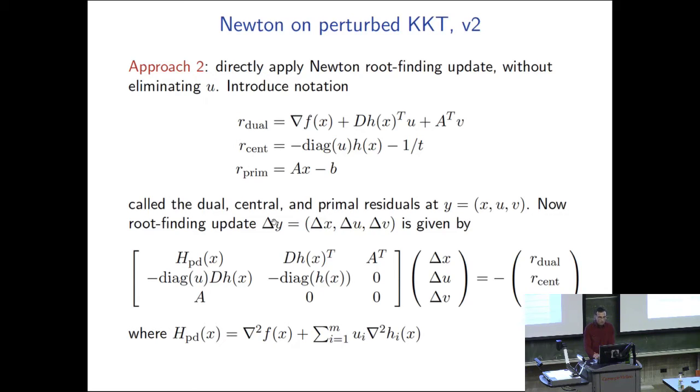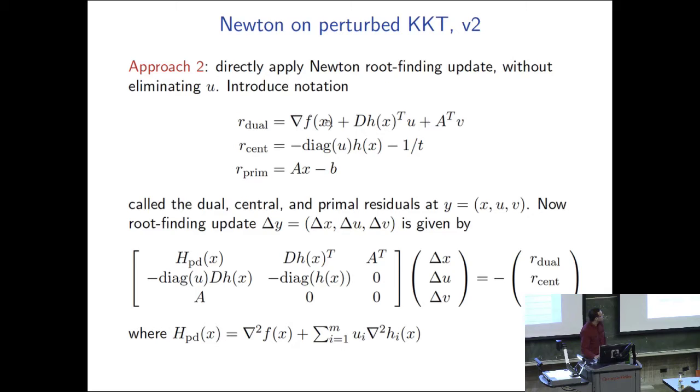That's going to be the variable we're thinking about taking Newton steps in. So now if we run root finding, so Newton's method for root finding on this block of variables x, u, v, we're going to form exactly this: the Jacobian of r at y times delta y equals minus r of y. That's this system here. I've just rewritten r of x, u, v in terms of this triplet, r dual and r cent and r primal. These are my variables, delta x, delta u, delta v, and this is the Jacobian matrix of this system. Right? To see that,